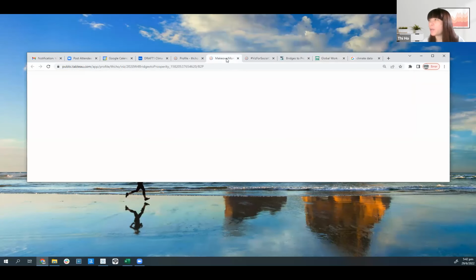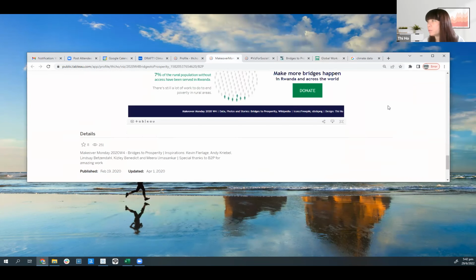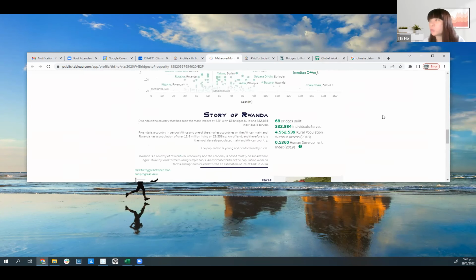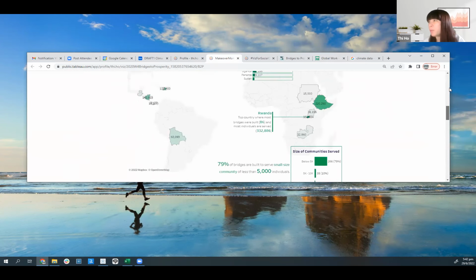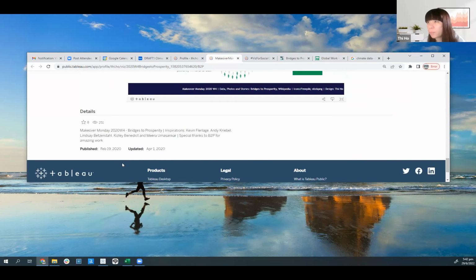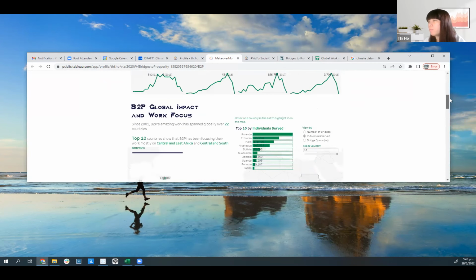I have actually created the viz for B2P two times. One is Makeover Monday back in 2020. This is the data set for Makeover Monday.